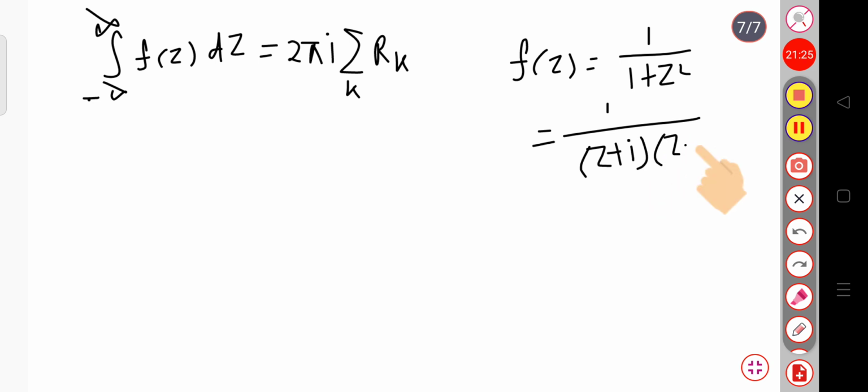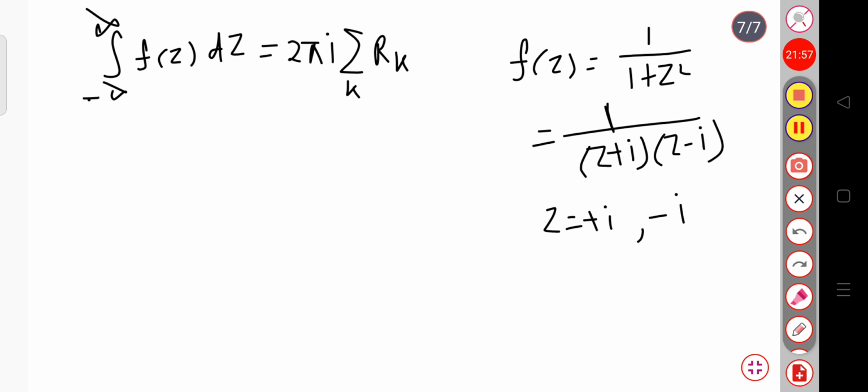You have to put 1 plus z square equal to 0, so that z square will be equal to minus 1. Again z will be plus or minus root over of minus 1. That is why the roots are i and minus i, iota or minus iota we can write. So this is simply f of z equal to 1 by z plus i and z minus i. So these are the two poles, we can say that z equal to i and z equal to minus i, at the 2 points, or these are the two singular points.